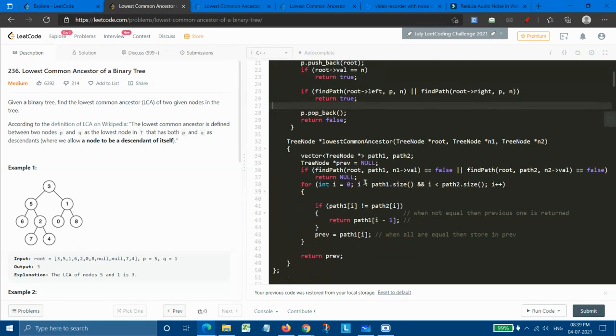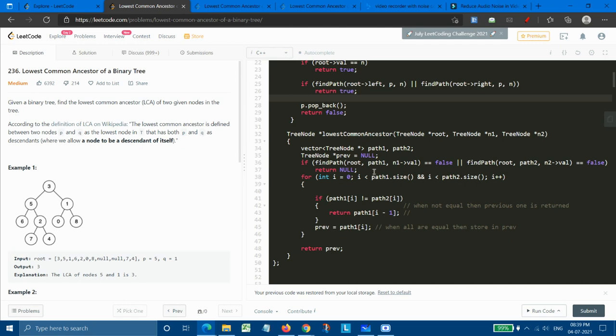So after the filling of these both path arrays, what we will be doing is we'll check here, because we were calling from there, if either of them returns false, means either path 1 or path 2, either of them returns false, we will simply return null. That is, there is no common ancestor. But if the path arrays are filled and we hadn't encountered any false value and no returning of null took place, so what we will be doing is we'll simply traverse the path 1 and path 2 arrays simultaneously. Not actually simultaneously, but side by side only.